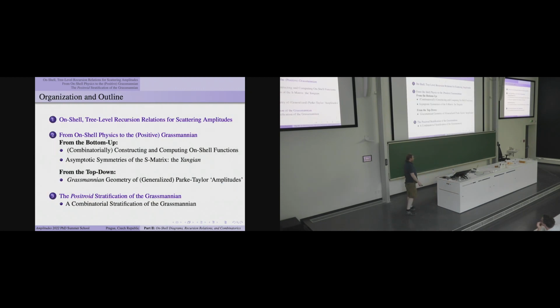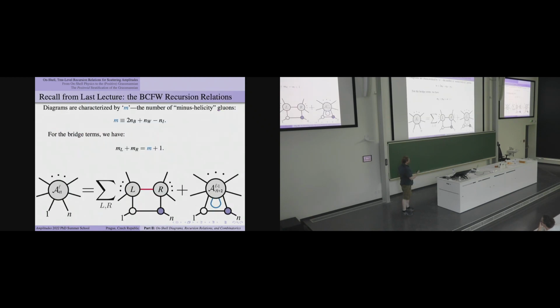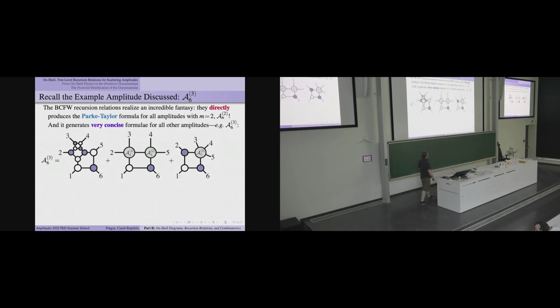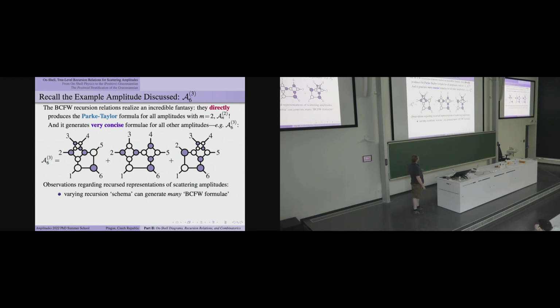Okay. So, recall from the first lecture and from earlier lectures that BCFW, at least diagrammatically, can be represented this way, and there's a grading according to m, the number of minus helicity particles. That's why we have the difference between the MHV and NMHV and next-to-next-to-MHV, etc. And in particular, this is from the previous lecture, we noticed from these recursions that first we could get these funny looking pictures which kind of scare us, and they satisfied relations that weren't especially obvious from the way that